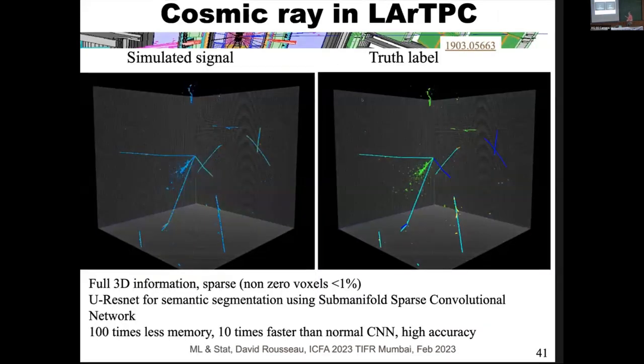A completely different case for tracking. This is a prototype for the DUNE experiment, which is a liquid argon TPC. Here it's a different case, because in the tracking at the LHC we have layers of silicon and the points are on the silicon, of course. While this is a full 3D TPC, where you have to find the tracks, and the tracks are coming from anywhere,